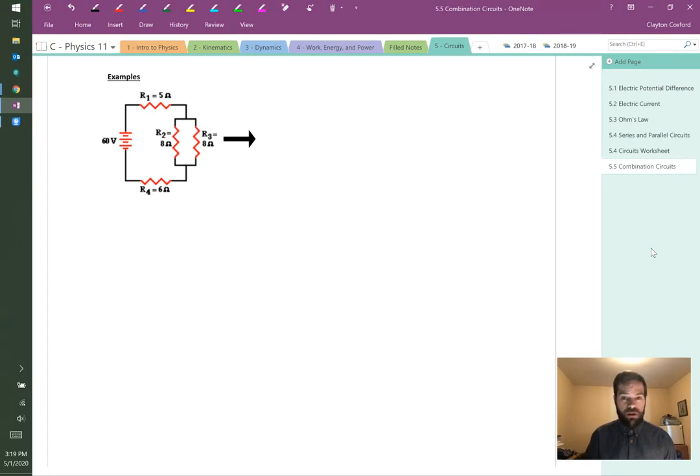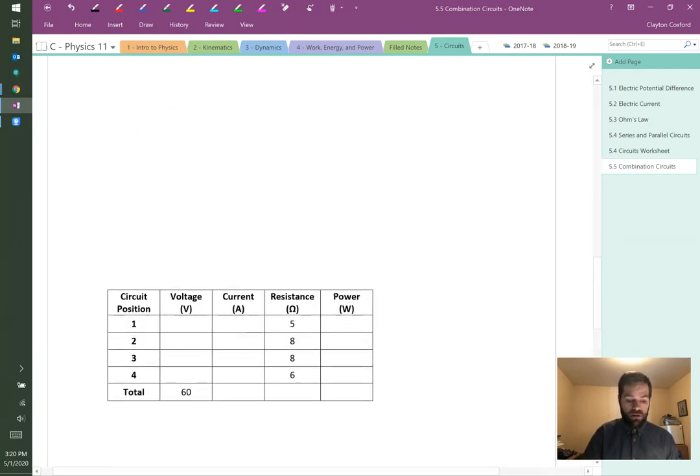And here we have a setup that looks similar to what we had before, just with slightly different numbers. So we have a 60 volt battery, a 5 ohm resistor in series with two 8 ohm resistors in parallel with each other, and then that is in series with a 6 ohm resistor. So what we are going to need to do is take that parallel branch, turn it into an equivalent resistance so that we have a series circuit, and then we can break that down further into a single equivalent resistance for the whole circuit,